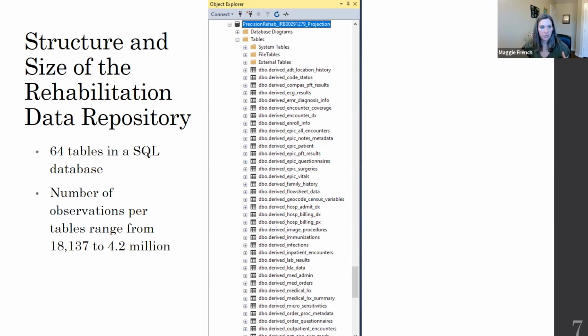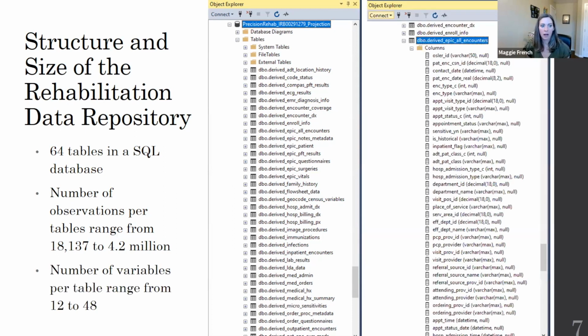And then within each of these tables, we have a number of different column names, which you can see a screenshot of here. And these can be thought of as different variables that live within each of the tables. For each of these tables, we have between 12 and 48 different variables. And so you can see that we're talking about really large data when we're working with this electronic